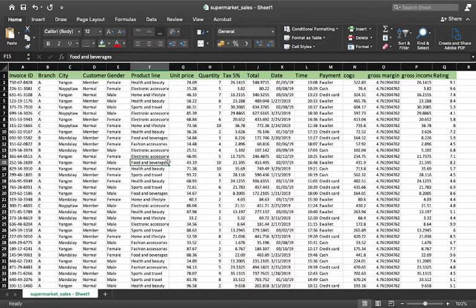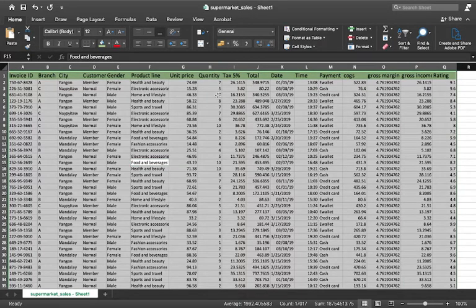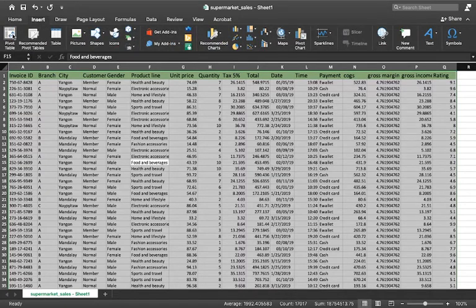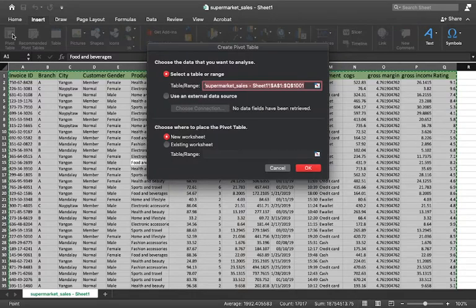So first I'll be creating a pivot table. I'll select my entire table by Control A. So I've selected my entire table. Now I'll click on Insert and click on this pivot table option to add a pivot table. Now if you see, my entire table has already been selected. You can see the lines around my table, which will confirm you that it has selected the following table only.